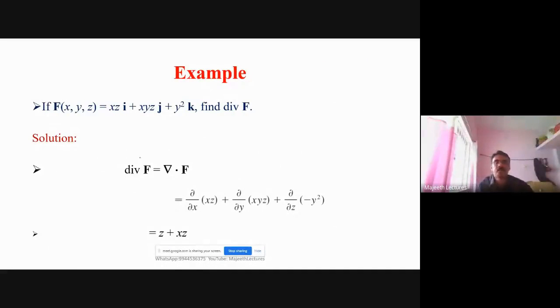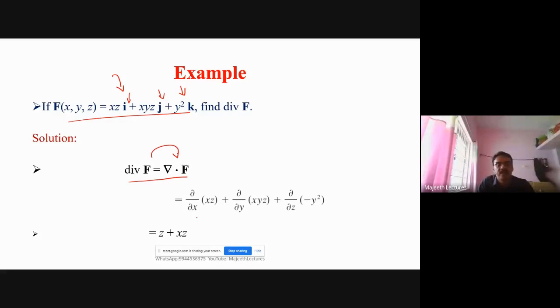So next one, the example: divergence of F is equal to del dot F. We know, they give the vector F. We know how to find divergence. This and that is studied. I don't want to waste my time. Just an example. The tough example I will give later. So divergence of F is equal to del dot F. So take del dot F, and what you get is this one. What I want to emphasize here is you see the question as a vector.